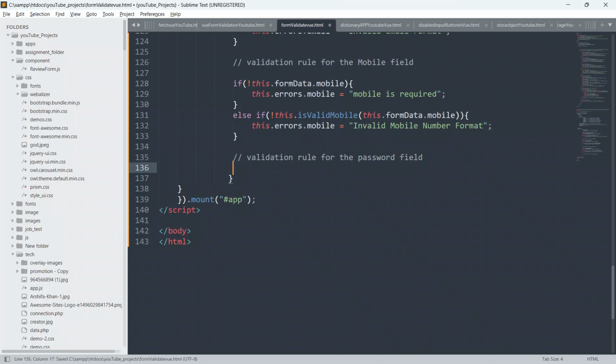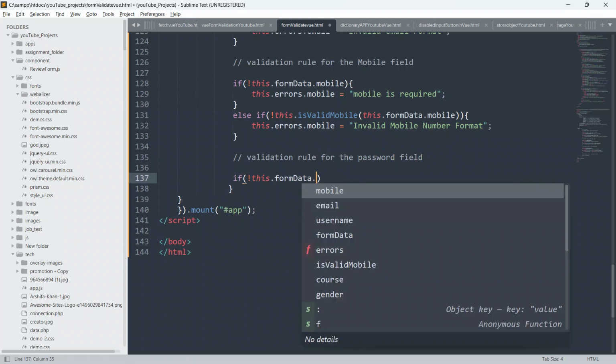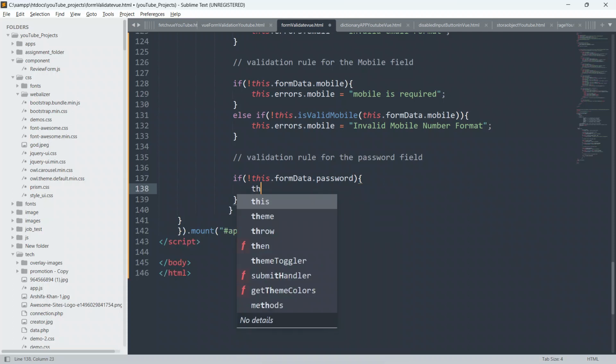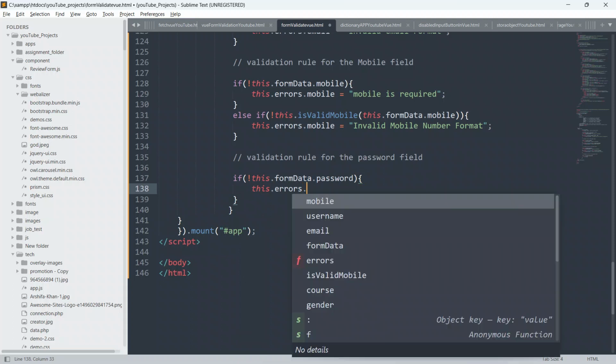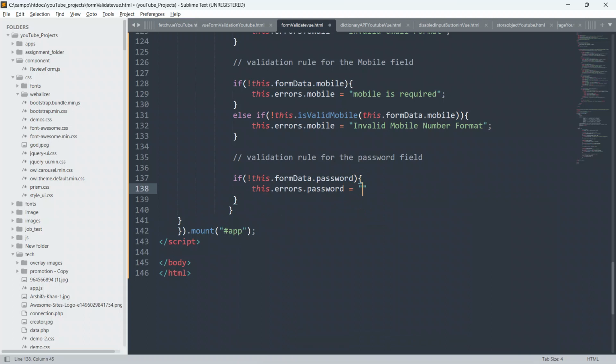We will say if does not equal to this.formData.password, open and closing curly braces, and we will say this.errors.password equal to "Password is required", semicolon.